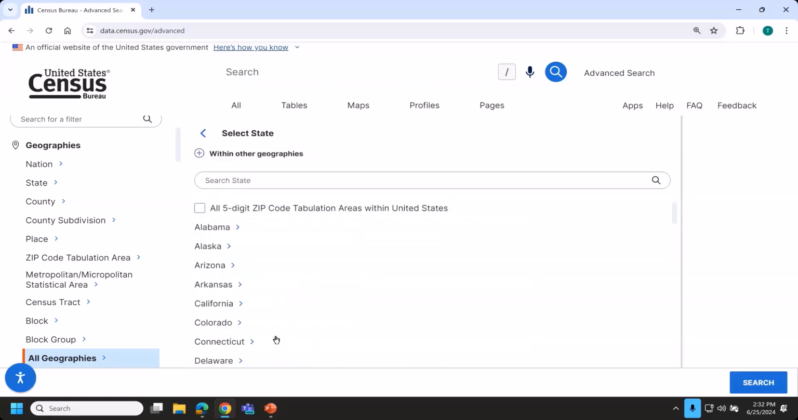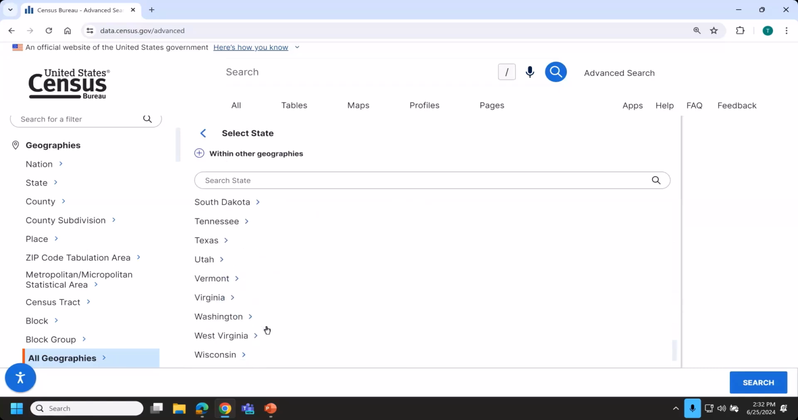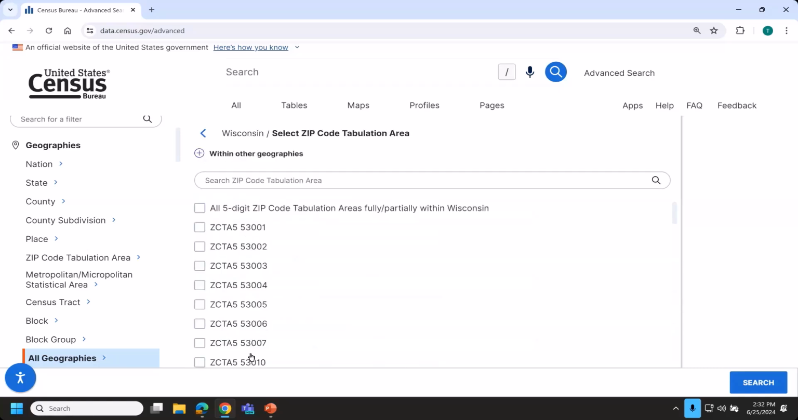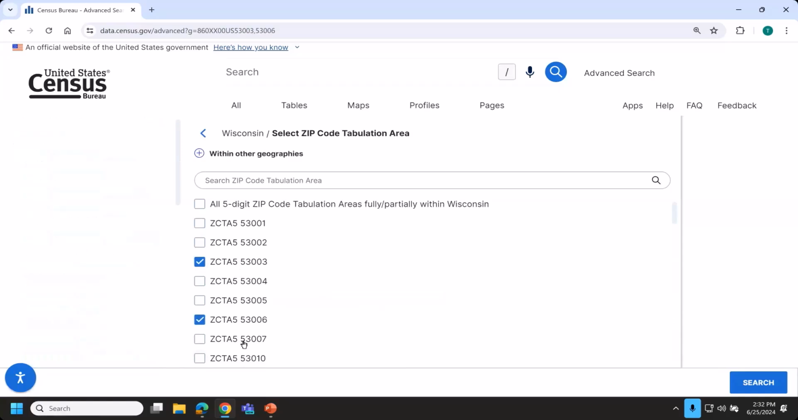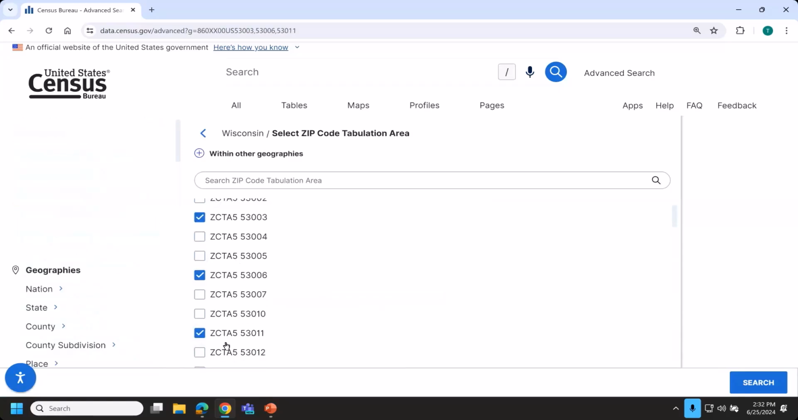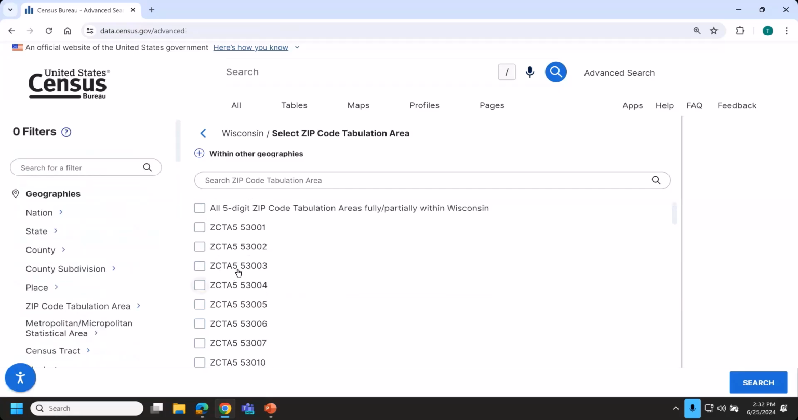Now I wanted all zip codes in Milwaukee County, Wisconsin. So I'll go ahead and choose Wisconsin. And if I happen to know offhand or have a list, I could individually mark the checkboxes for the zip code areas that were of interest to me. However, if I want the site to tell me what zip codes are fully or partially within Milwaukee County, rather